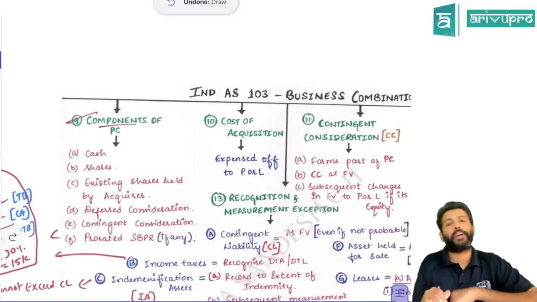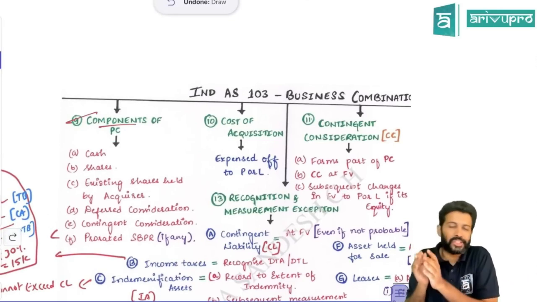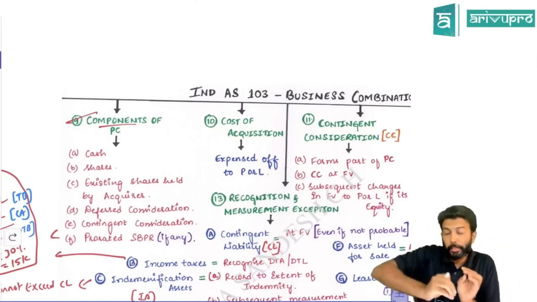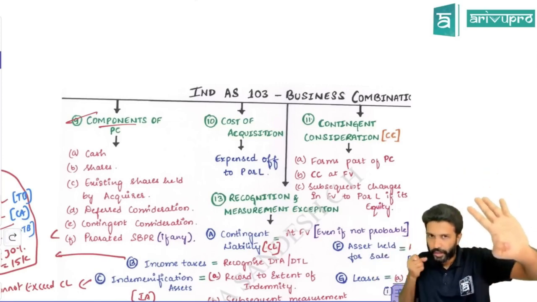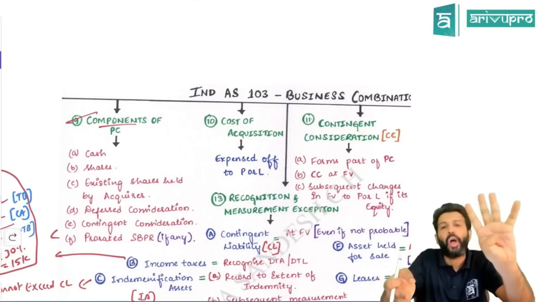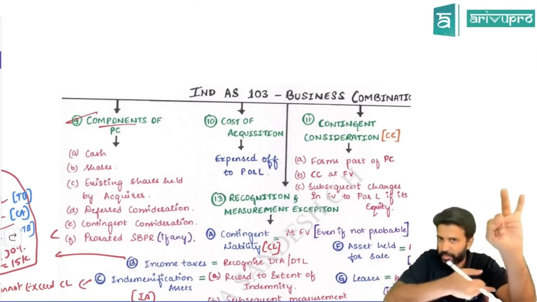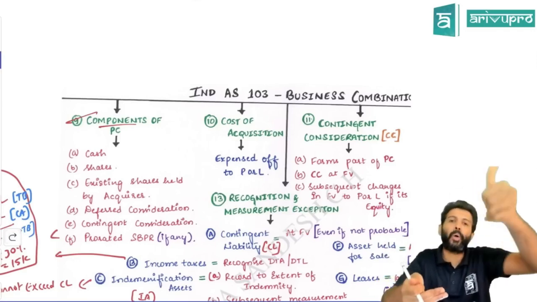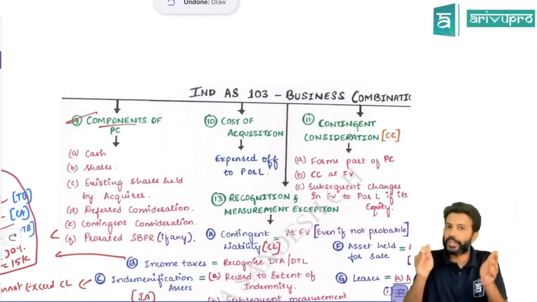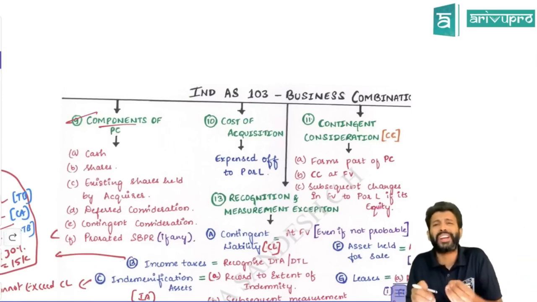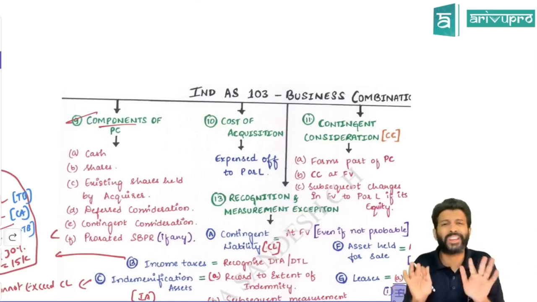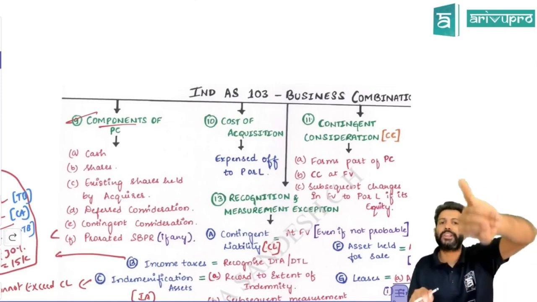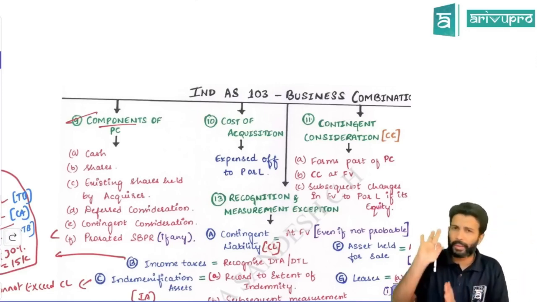Okay, so for your checkpoint, whenever you're doing a business acquisition problem, you can remember there are 6 components which can come in your PC. This is more like your checkpoint. One is cash. Your PC could be discharged in the form of cash or shares. Then fair value of existing investment, which we just now saw for step acquisition, and then deferred consideration, contingent consideration, prorated SBPR. These are the 6 components. As a checkpoint, you can check whether you have considered all of them in the problem. All of them one by one, we will take it up.